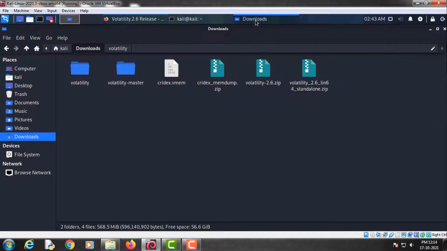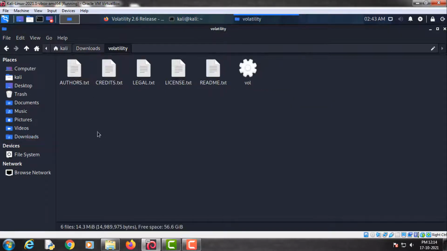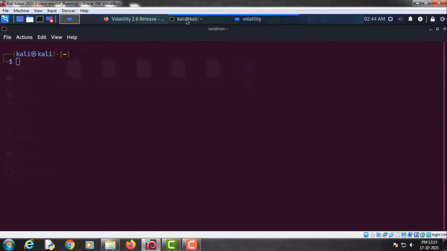I have already downloaded it into my downloads folder. Then all you have to do is right click and extract here. I have extracted this folder here, and this is the executable file which we will use to run Volatility.